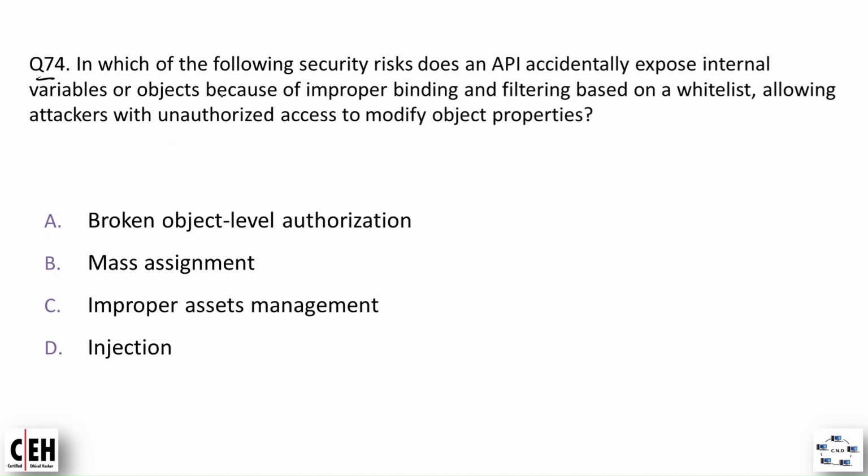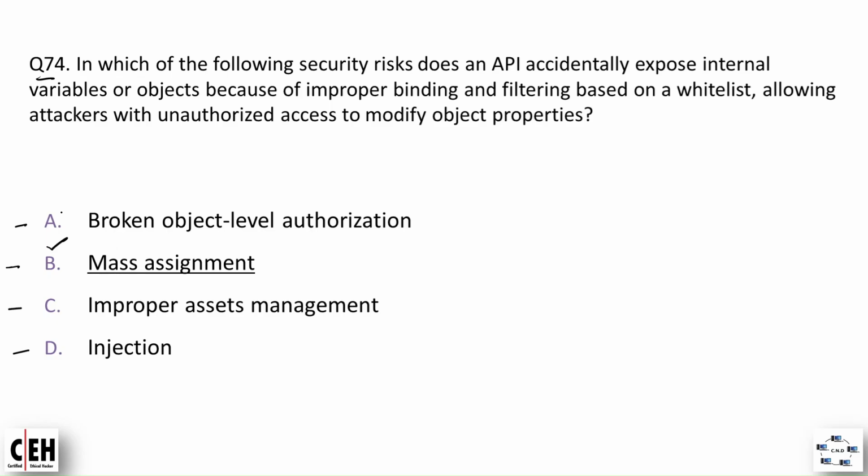Question number 74. In which of the following security risks does an API accidentally expose internal variables or objects because of improper binding and filtering based on a whitelist, allowing attackers with unauthorized access to modify object properties? Option A, broken object level authorization. Option B, mass assignment. Option C, improper assets management. And option D, injection. And the correct option is